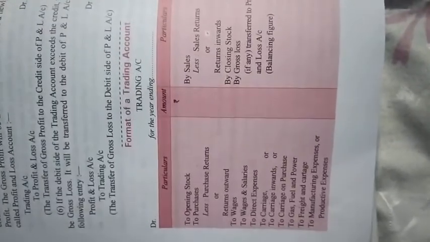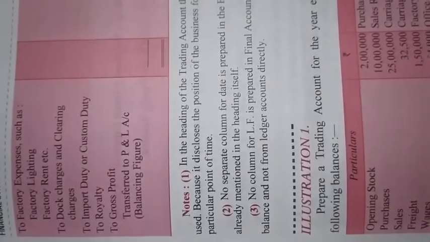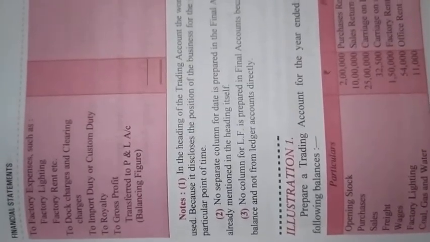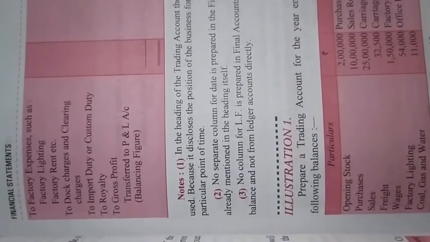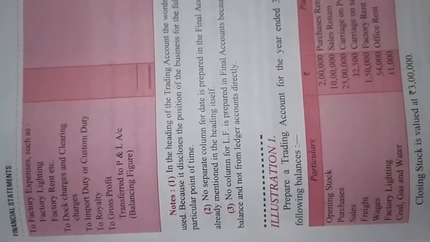Now, manufacturing expenses: all the manufacturing expenses are written in the trading account. Already I told you, manufacturing or production expenses both are the same. Now, more are there. Factory expenses: all the factory expenses are shown in the trading account, and office expenses are shown in the P&L account, the next account which will be explained to you later on. Factory lighting and factory rent come under factory expenses.